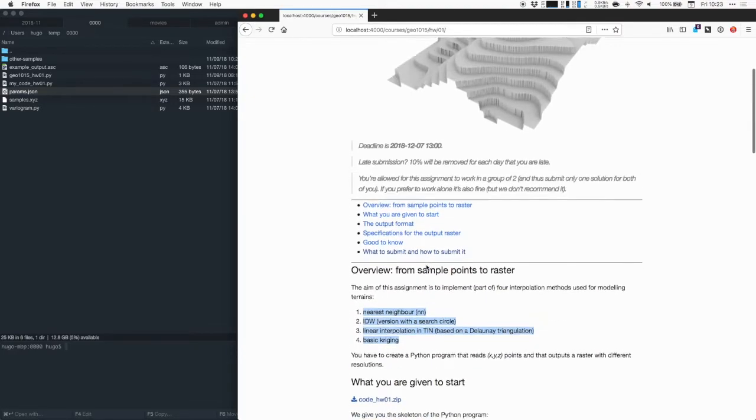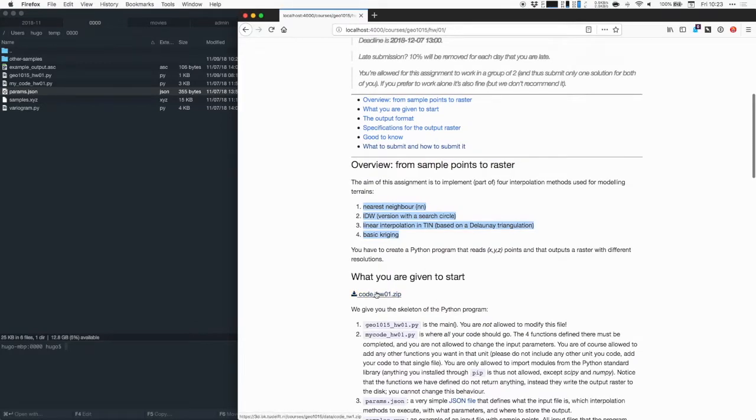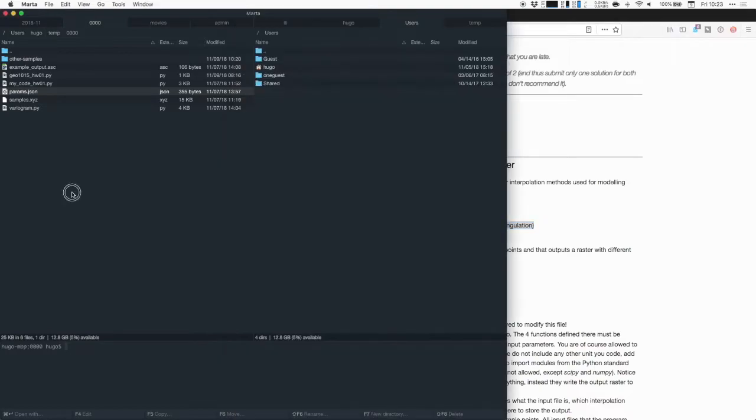We give you code to start, so you can just download the code, and I'm going to go through the code and explain a bit what you need to do. So when you unzip, you have a few files. So let's start with